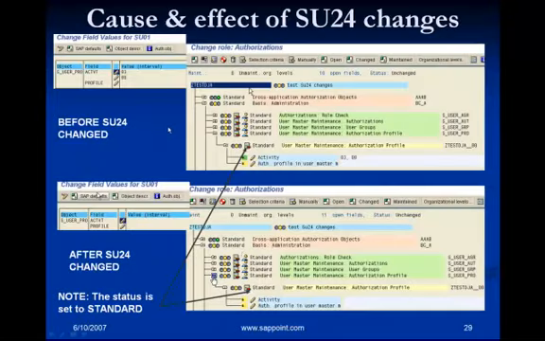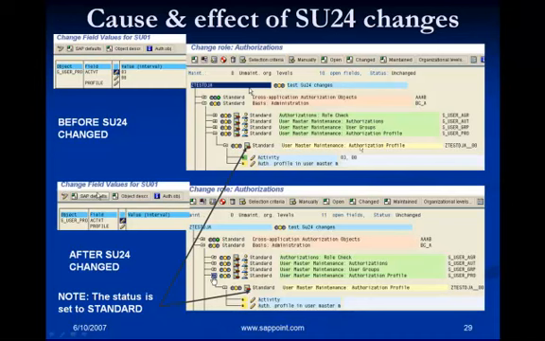Now, when the transaction code is put into the role, for example SU01, and in this example we are looking at S_USER_PRO, the default values are 03 and 08. So when you put SU01 into the role, S_USER_PRO will come into the role with 03 and a blank field value. The object status here will be standard, and the traffic light status will be yellow because one field is not maintained.